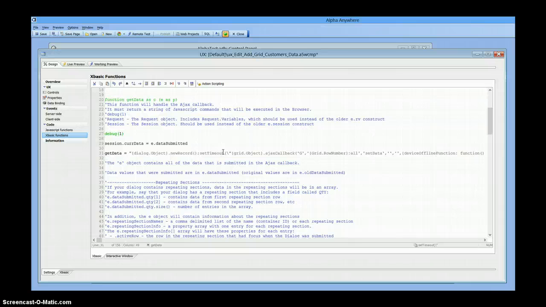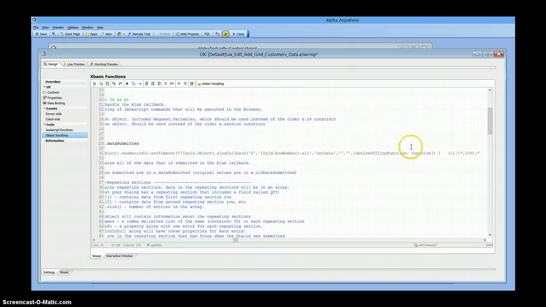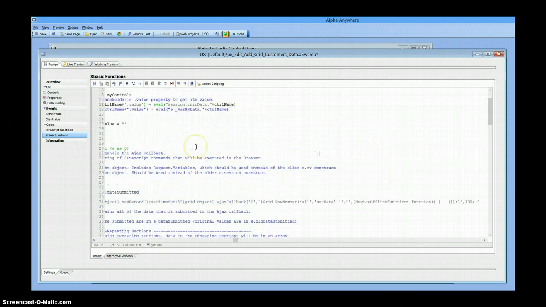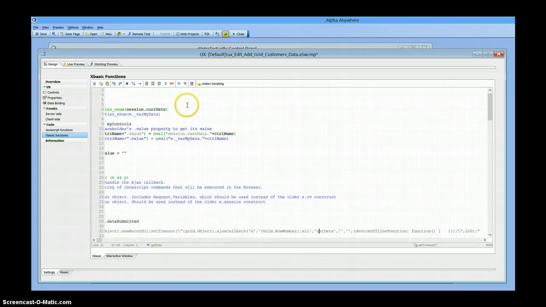It's an interesting exercise. Anyway, so we set up a new record, then we do an AJAX callback to set the data. But we've got to give new record a little bit of time to finish up. So we put a setTimeout on there, and this is just escaped because it's got to be in quotes. So we do a setTimeout for 100 milliseconds, and that's enough time. And all we're doing is calling set data. Now set data is back up here, and what set data is doing,